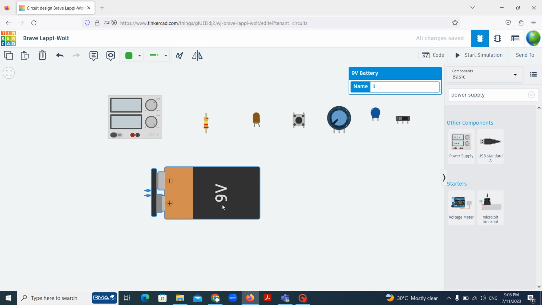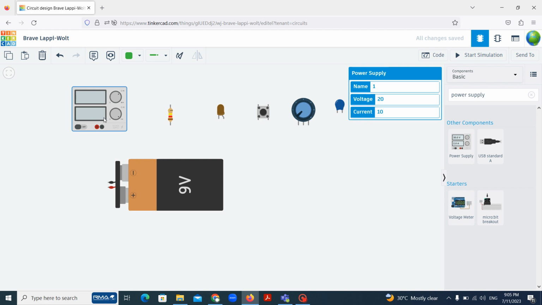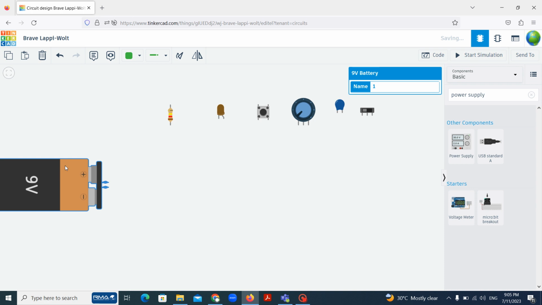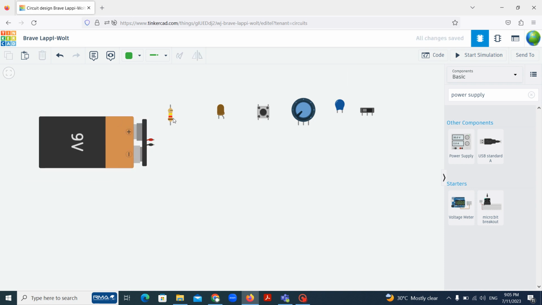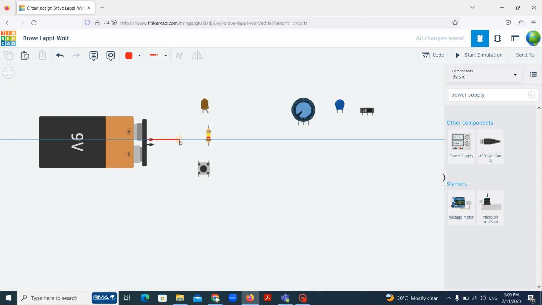Okay, so let's try. As you are a beginner, I show you with the battery instead of the power supply. We rotate it to the side. It's easy to connect. If we want to light up the LED, we need two wires. I use this already to simplify the connection. I connect red from this terminal to